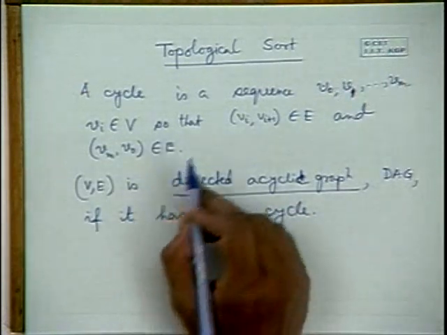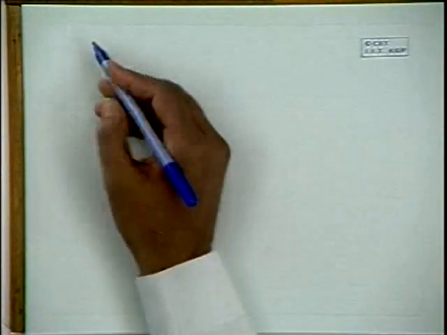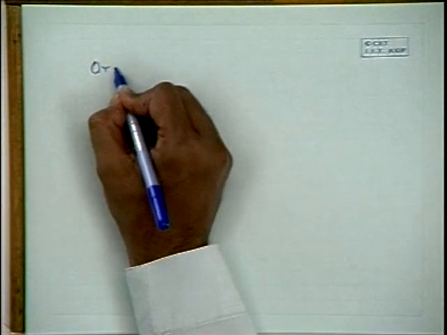Now this topological sort, which I have not defined yet, can be done only on DAGs. If there is a cycle, we cannot do a topological sorting of the graph. Now let me tell you what we mean by a topological sort. So topological sort for a DAG is an ordering of vertices